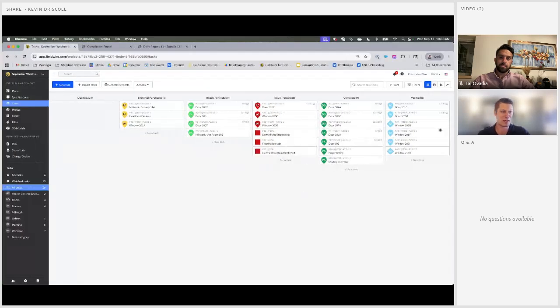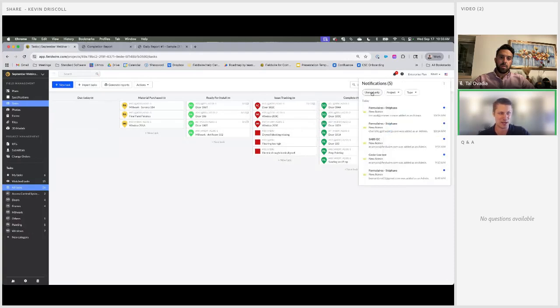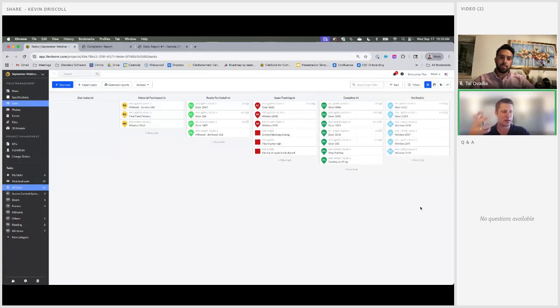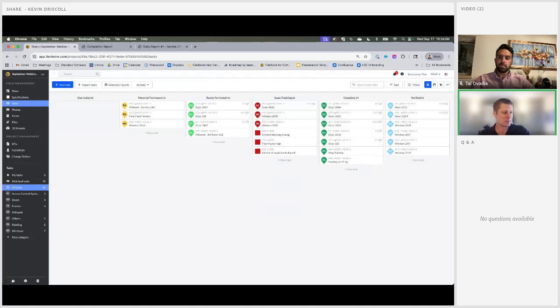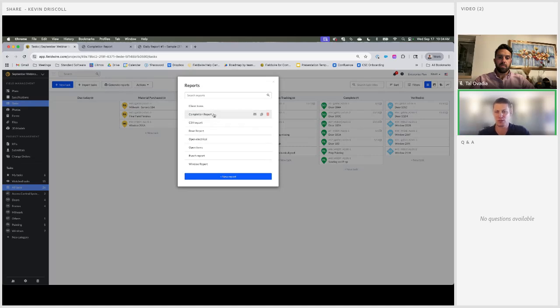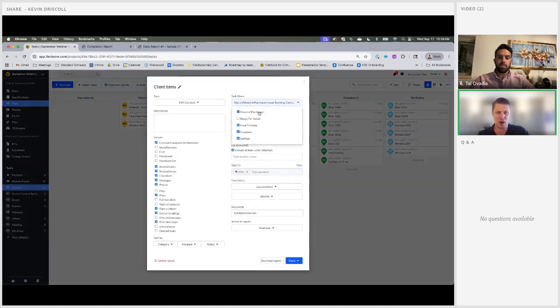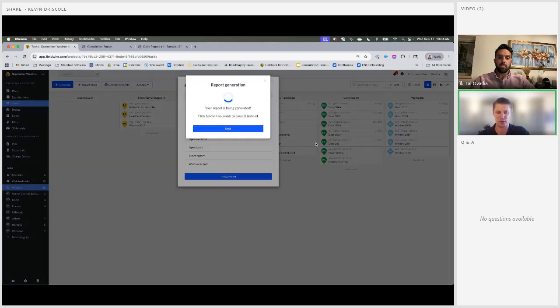Send a message like that. What you're going to get as a PM in Fieldwire here is a notification in this notification bell, as well as an email, as well as just that visual dashboard of all of those items that need to be addressed in this issue tracking status. From there, maybe I want to go ahead to run a report on all those issues that we're seeing, kind of a trade constraints or a completion type report. Again, super easy to come in here and maybe call out specific items that we're tracking as issues and run that report.